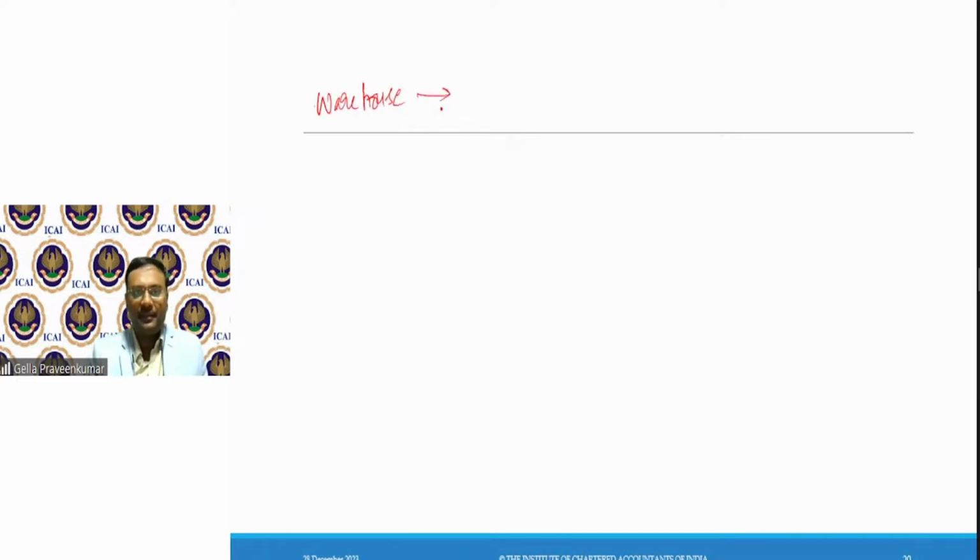I'll give an example. Say there is a company called Kirloskar Motors, K Motors. This particular company has got various commercial vertical lines. One of that particular commercial line is manufacture of DG set.